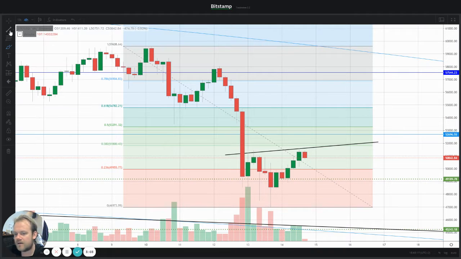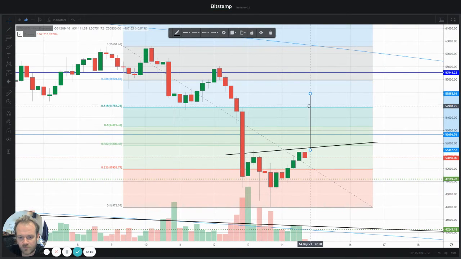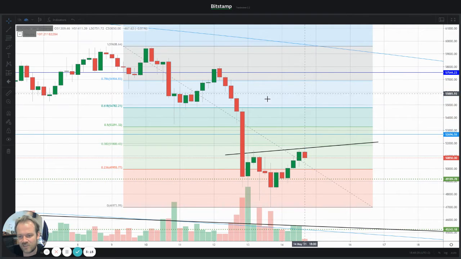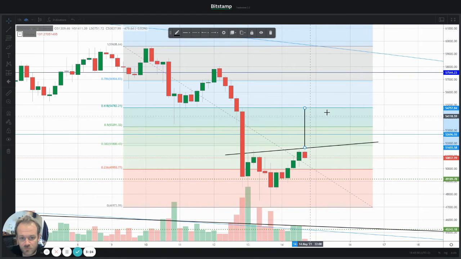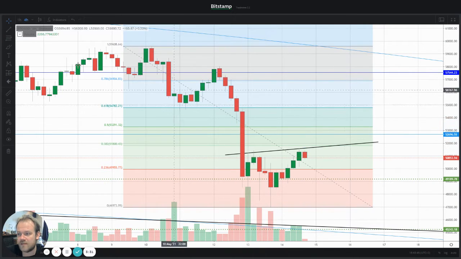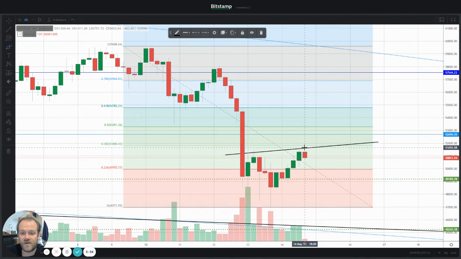And if we are actually creating a breakout to the upside through this neckline, then that means that we could potentially, but this is going to be crazy, reach $56,000. And if we do not take the wick into consideration, because it was a quite heavy wick, to be honest with you, then we're going to be hitting exactly the 0.618 Fibonacci resistance level, and I think this is going to be a very, very reasonable level. So if this works out, guys, in my opinion, we could this time see a very big pump to the upside.